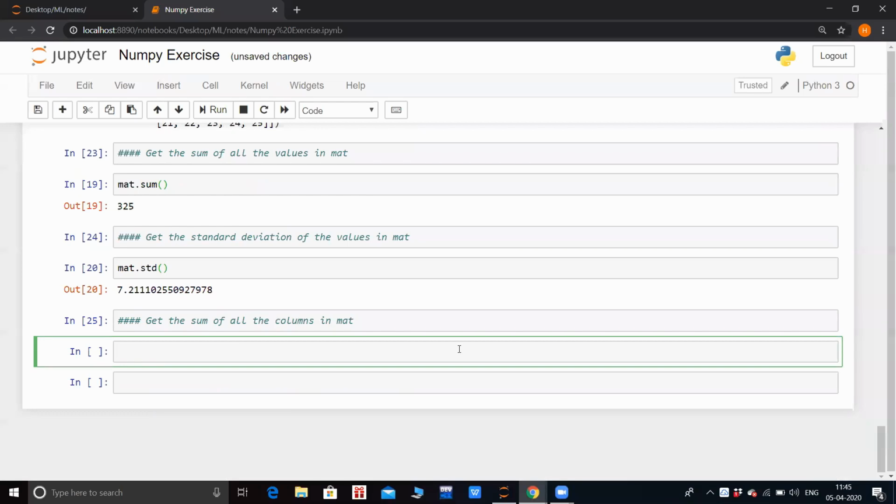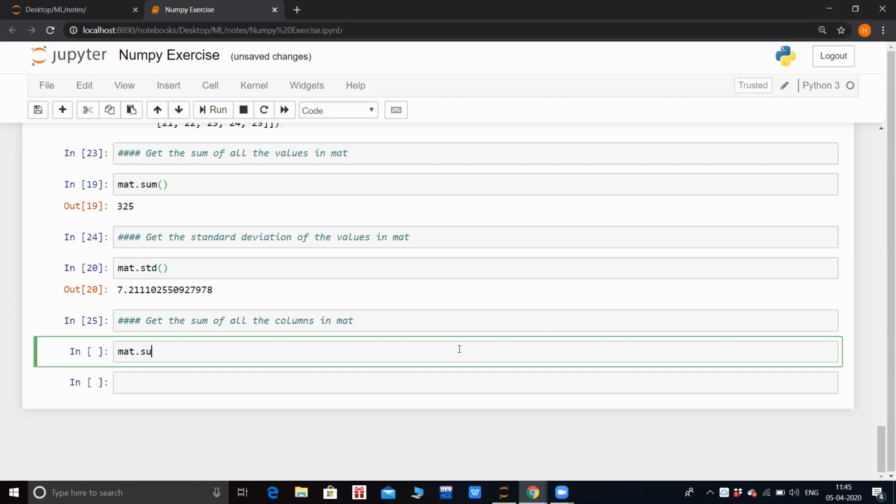you want the sum of all columns inside the matrix. Columns means axis equal to 0. Remember, column means axis equal to 0 and rows means axis equal to 1. So you need to mention it inside as an argument.